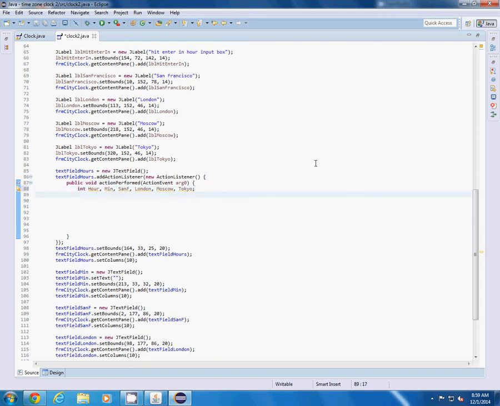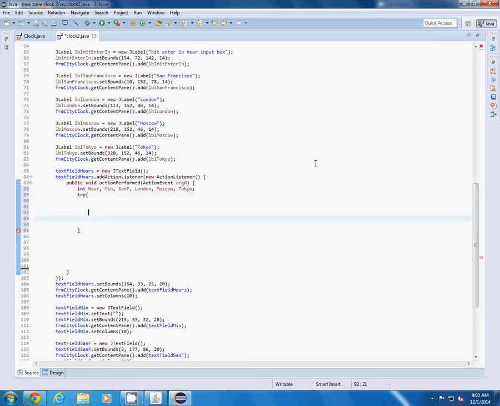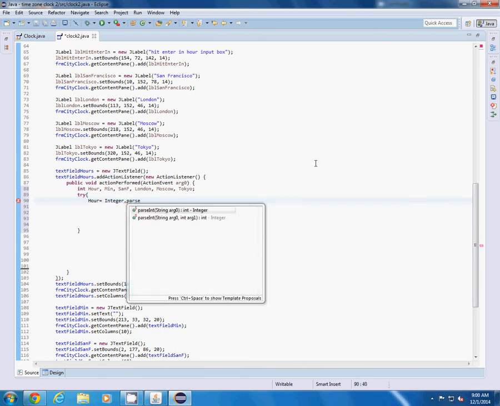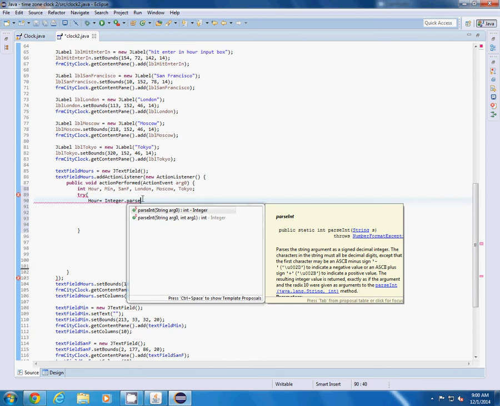Now, for this we need to try something, so what we do is type in try, as is appropriate, open that, and just close right here, add some spaces, just to make it easier. Now, try our equals integer dot parse int,